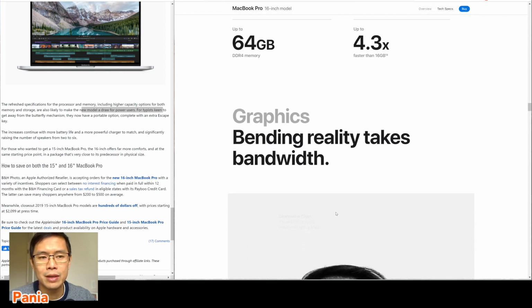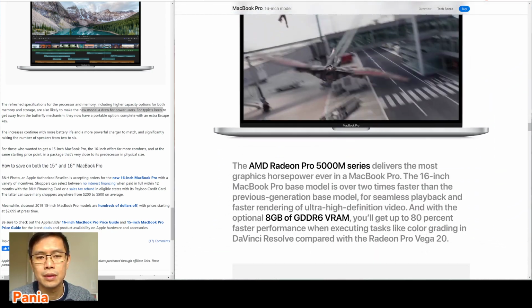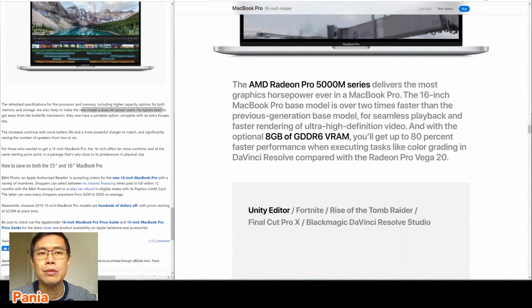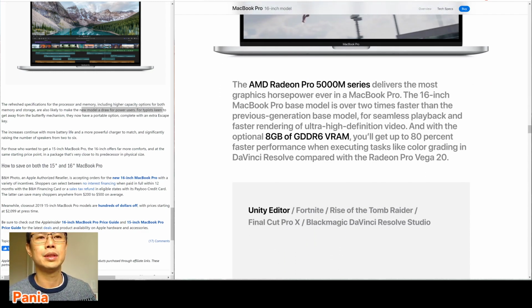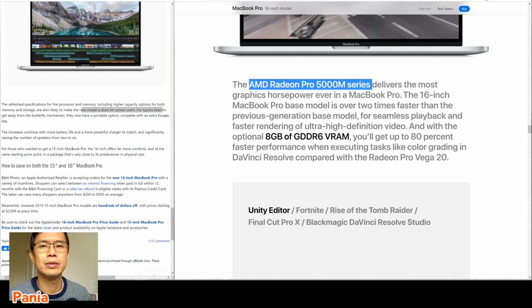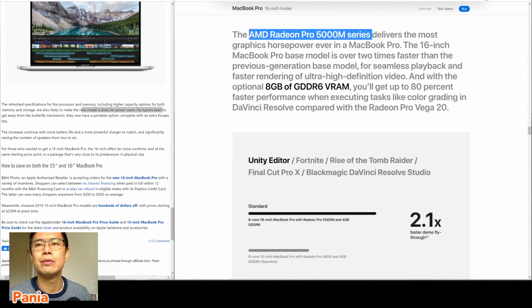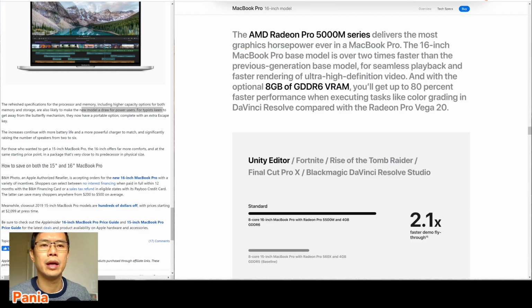Graphics, bending reality takes bandwidth. Okay. Radeon Pro 5000M. So that's why AMD stock is going up, because MacBook is still using this, and a lot of cool stuff, the server stuff, they're using AMD. So that's the highest one. You can upgrade to 8 gig of